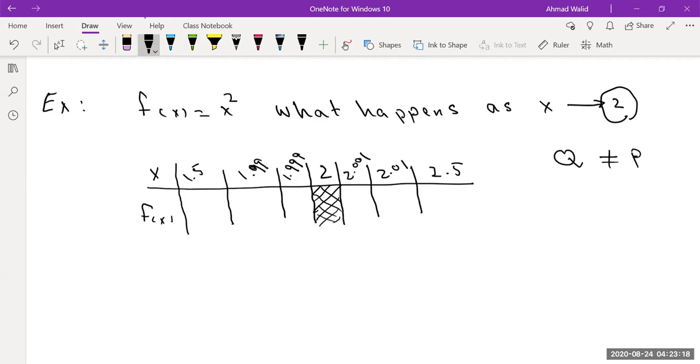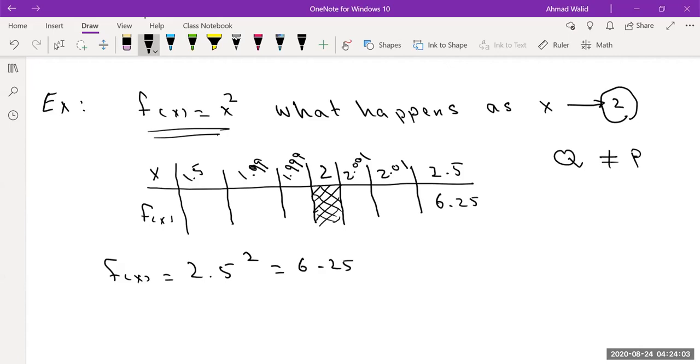Let's plug in these values from the right, and let's plug in these values from the left in our function and find f of x for all of them. I'll do one of them as an example for you. You have a calculator, use your calculator. f of x equals, if you plug in 2.5 in your function, it means 2.5 squared, which gives you 6.25, right? This value becomes 6.25. If you plug in 2.01,